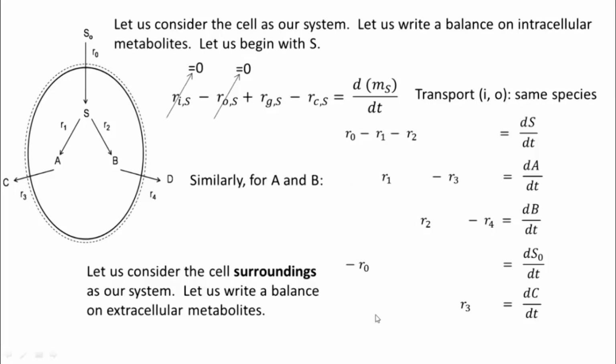Here I've just lined up R0, R1, R2, that's the reason why R0 is here, and it is actually the consumption term. Therefore minus R0 is dS0/dt. You like to be a little careful with these things. Then the consumption term for C is R3, therefore R3, which is the consumption term, the other terms are 0, is dC/dt, and R4 again a consumption, or